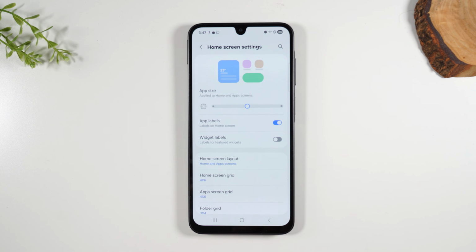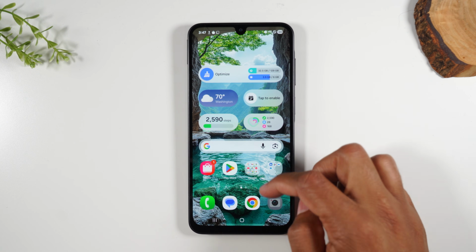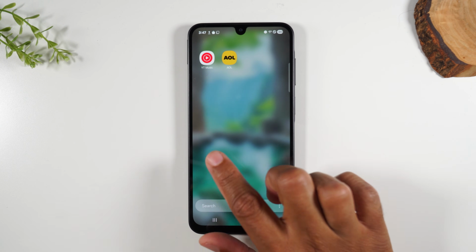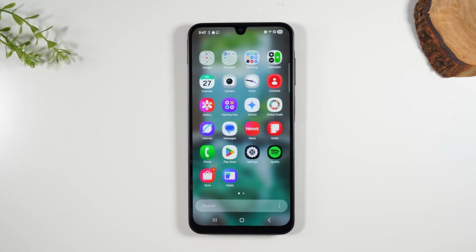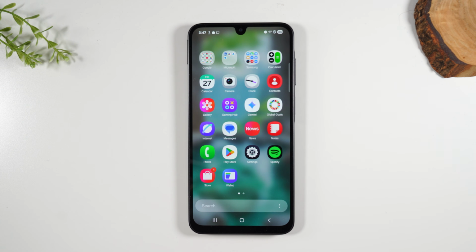Okay, hit done, hit the home button, and now when I swipe up, my Facebook app is gone, my DoorDash is gone, and my Netflix is gone. So this is how easy it is to hide apps on your phone, and when it's time to unhide them,